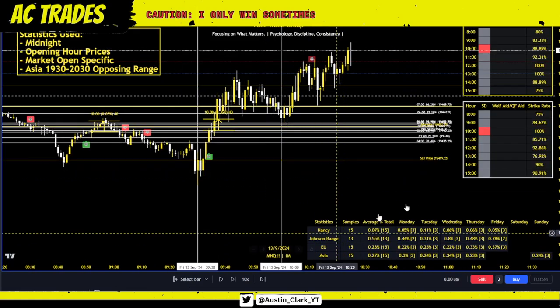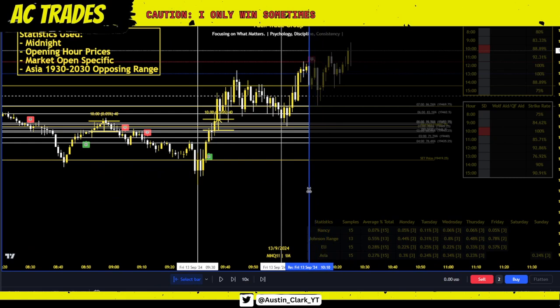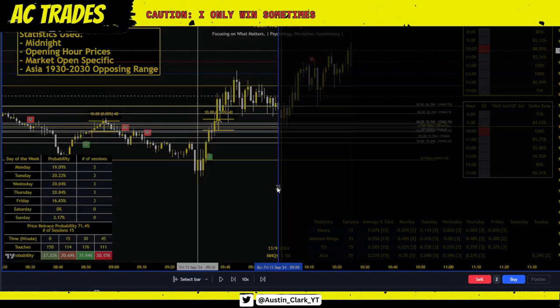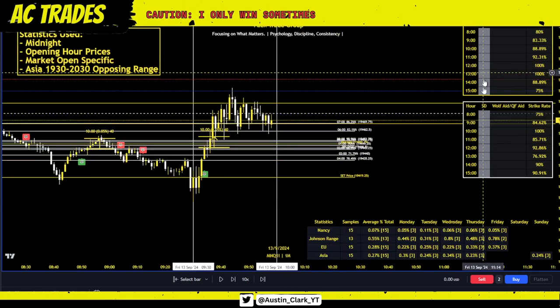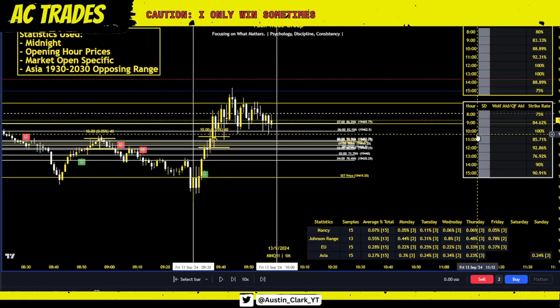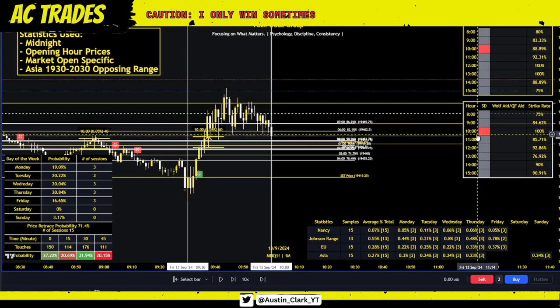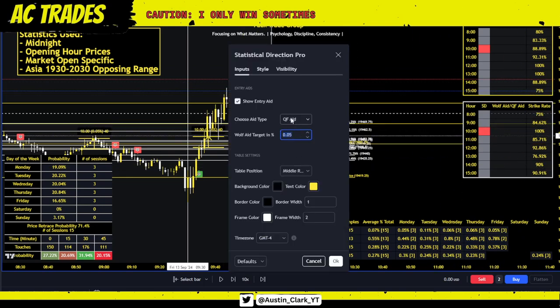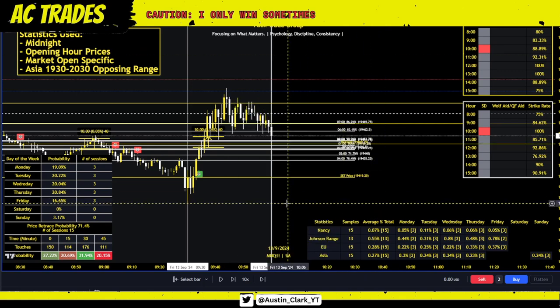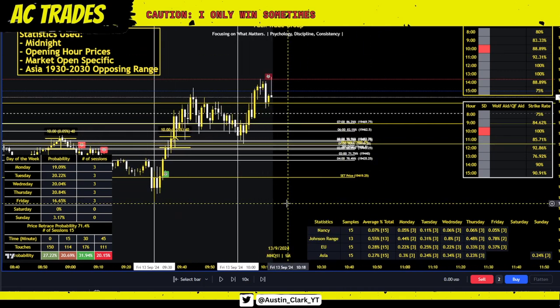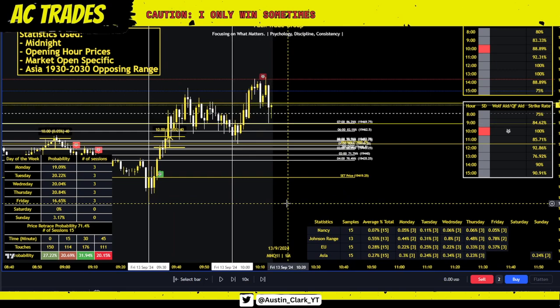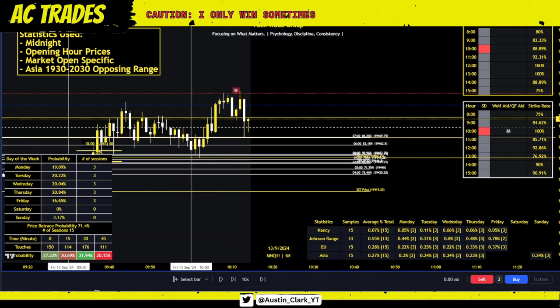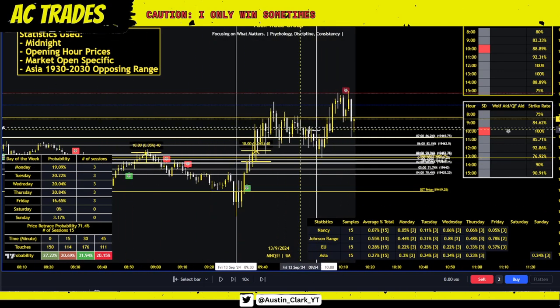So starting at 10 o'clock, we had bearish statistical direction. So watch this. You see how it's still, everything is gray. Starting at 10 o'clock, boom, we had bearish statistical direction. All right, we have a 100% strike rate in current market conditions of 0.05% being hit with our quantum flow.